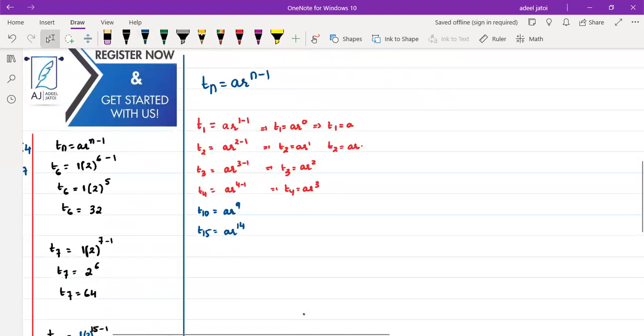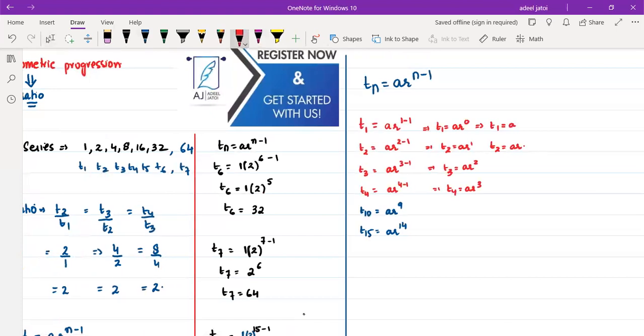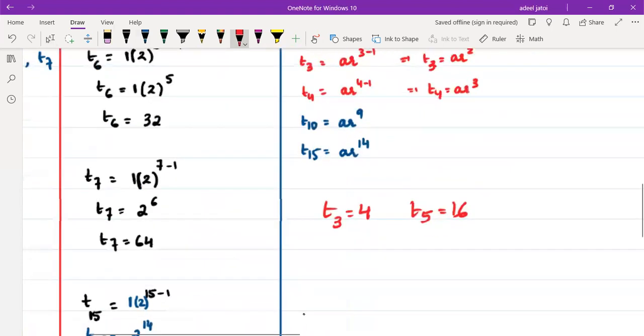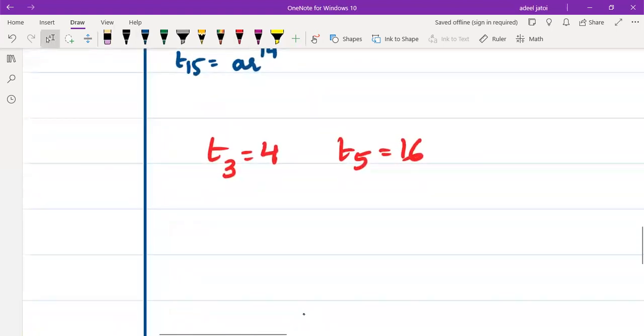Now, in the given question series, let's take two terms. Let's calculate the value of A and the value of R directly. Let's say that we have T3 is equal to 4, and let's say T5 is equal to 16. T3 is equal to 4 and T5 is equal to 16. Find the value of